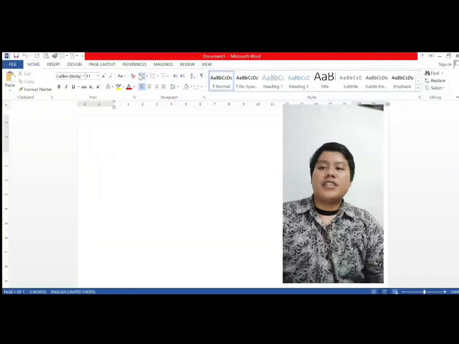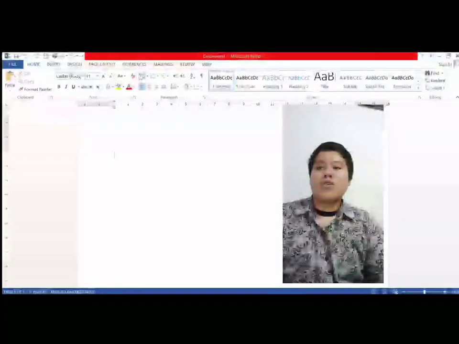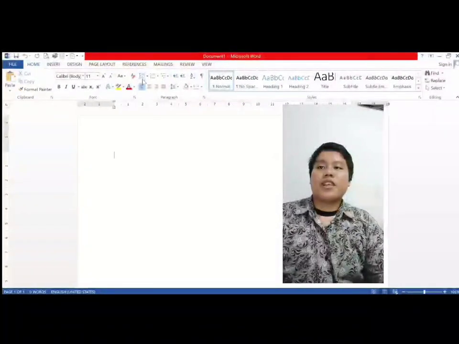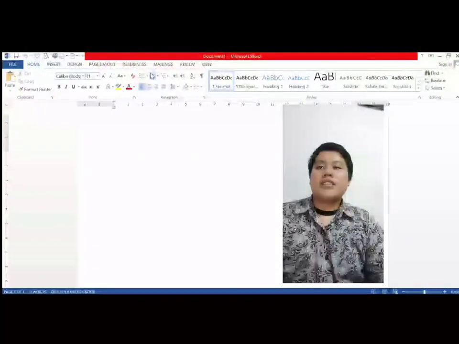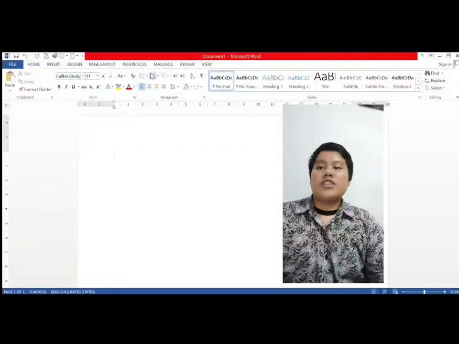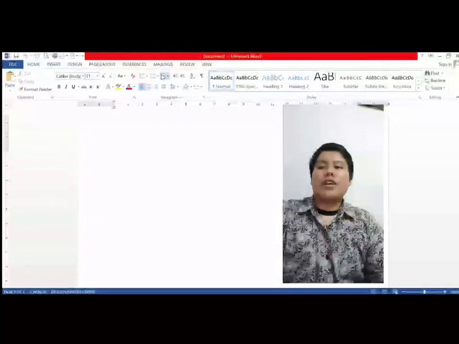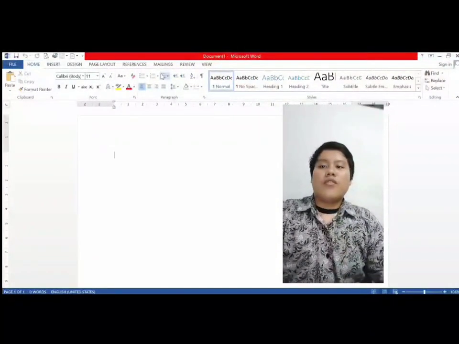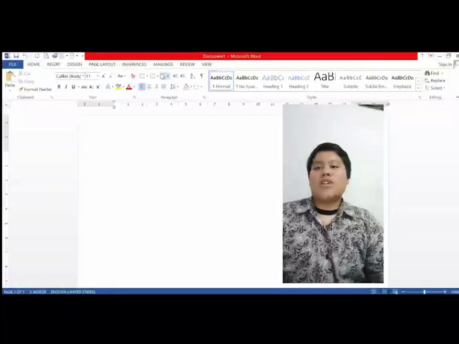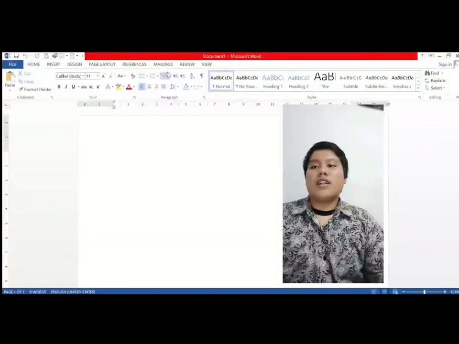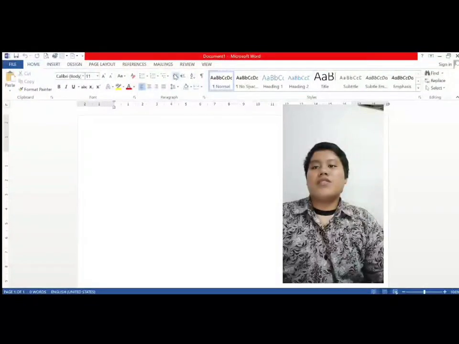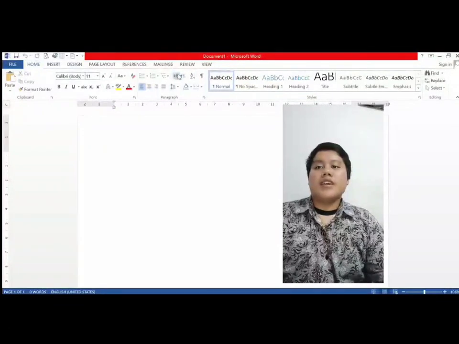This icon is the function to create a bullet list. And this icon is the function to create a number list. This icon is the function to create a multilevel list to organize items or create an outline. These icons move your paragraph closer to the margin, and this icon is the function to move your paragraph further